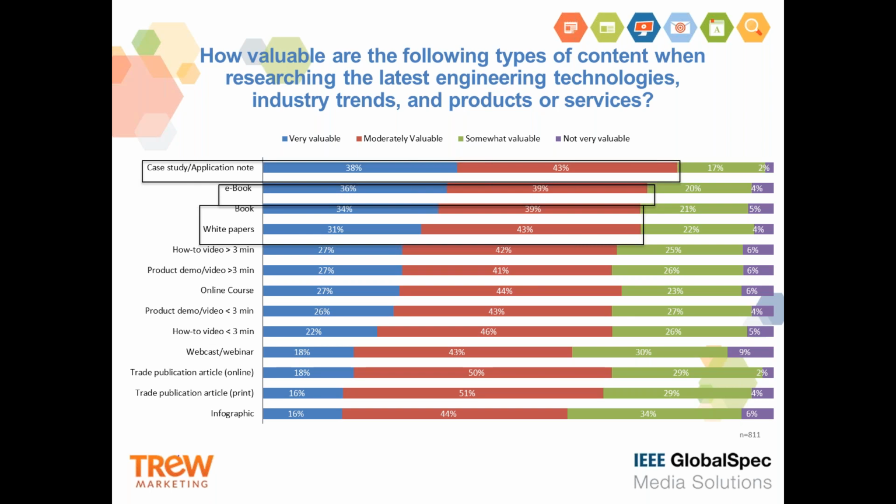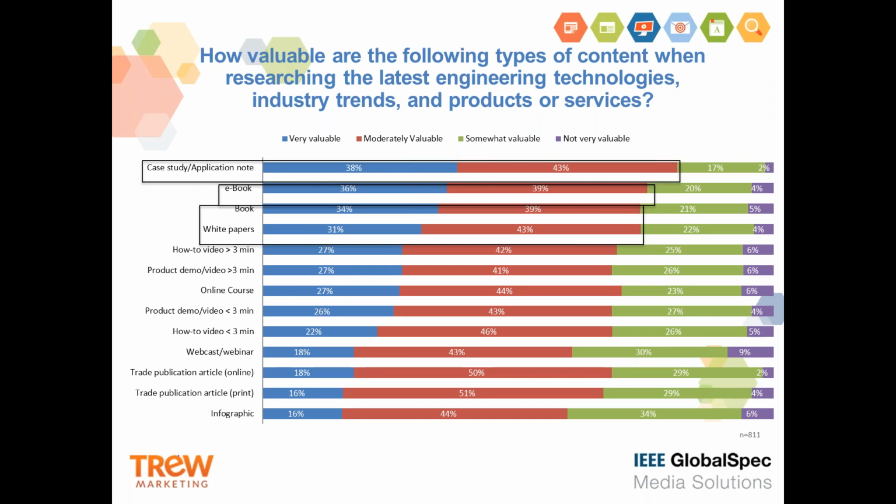But before I move to the next slide, I want to point out something that I found really interesting about this slide. On this one, I don't have it on the others, I wanted to include data for ratings of not very valuable. That's those really small purple bars to the right. And if you just take a step back and look at this chart for a second, you'll see that those purple bars for every single content type are really small.